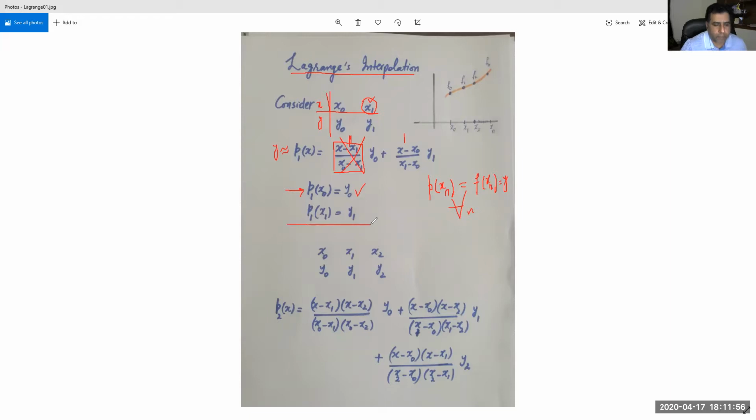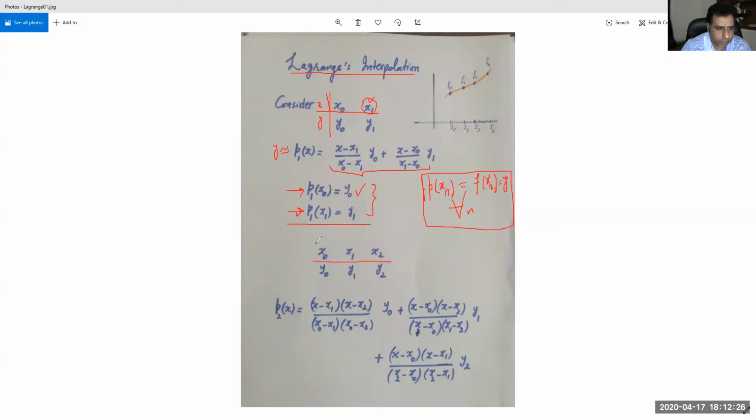So we can say this formula given by Lagrange satisfies these qualities, these constraints. So at the moment we have two constraints. Since this is a first degree polynomial, all the two constraints are satisfied. So let us extend this idea